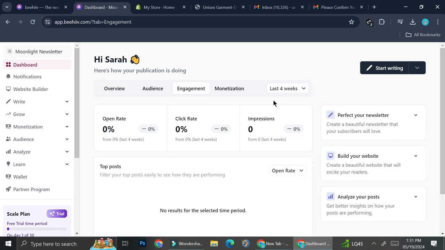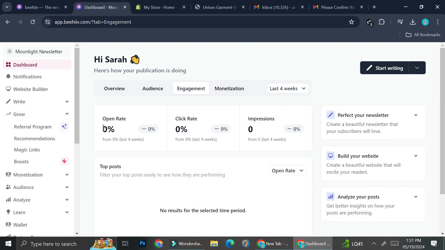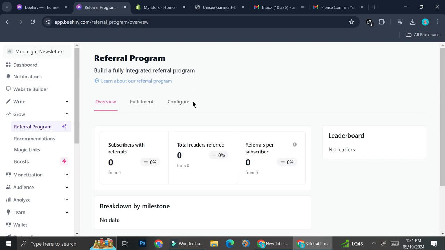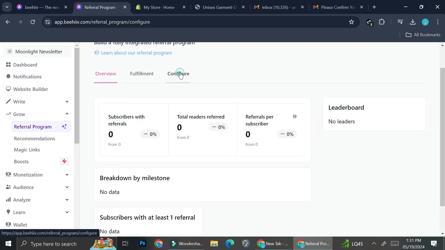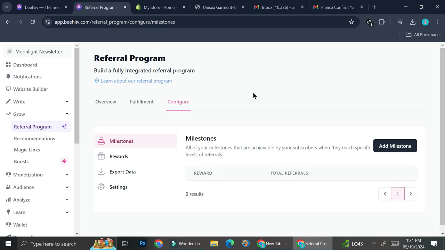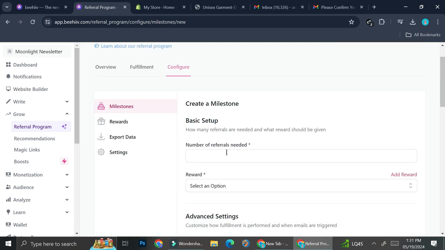All right, so in order to create and manage your referral program, you're going to want to go to this grow section right here, and as you can see, there is a referral program option, so go ahead and click on it. And here we haven't got our data yet, so we're going to want to create one. Go ahead and click on configure, and then you can start by adding your milestone. So go ahead and click on add milestone, and here you can choose the amount of referrals needed. For example,